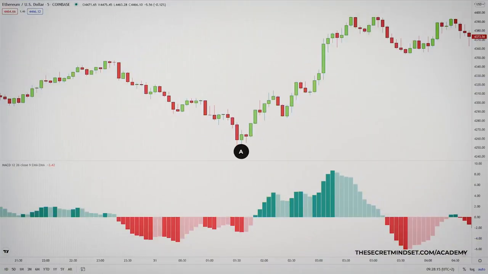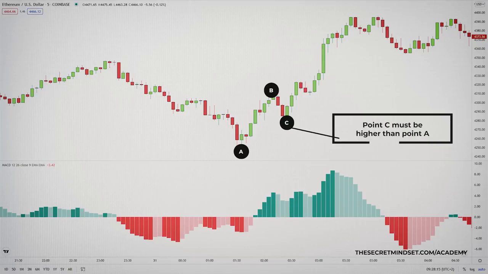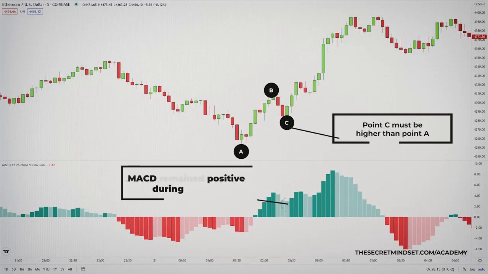Here's an example. We found point A, and the first movement higher is point B. This is followed by a retracement that creates a higher low and point C. Remember, point C must be higher than point A. We analyze the MACD. If it remains positive, we wait for price to take out the recent high of point